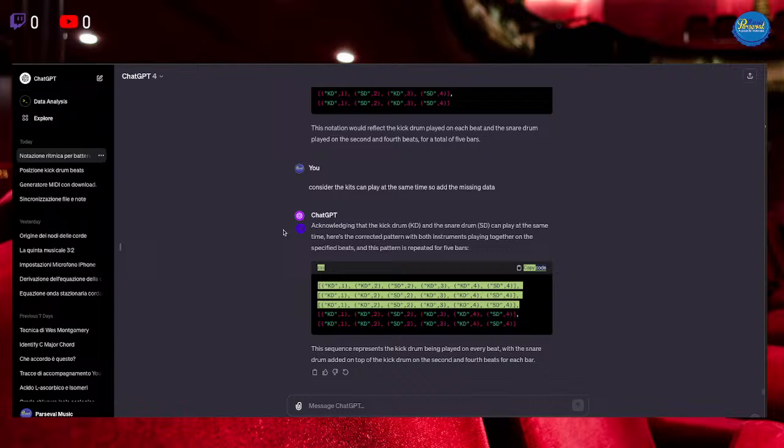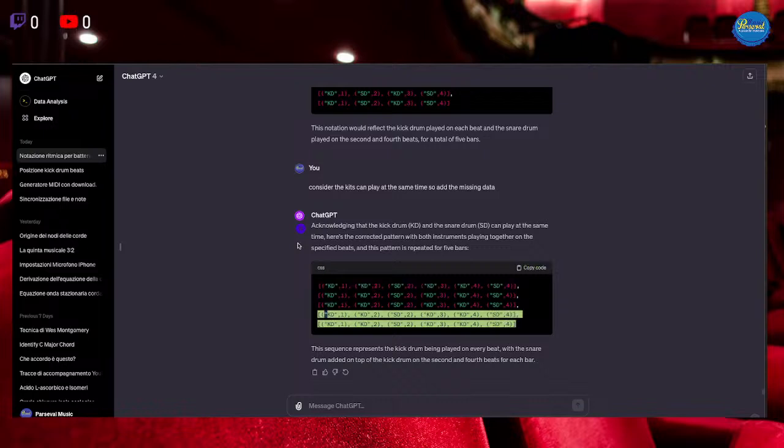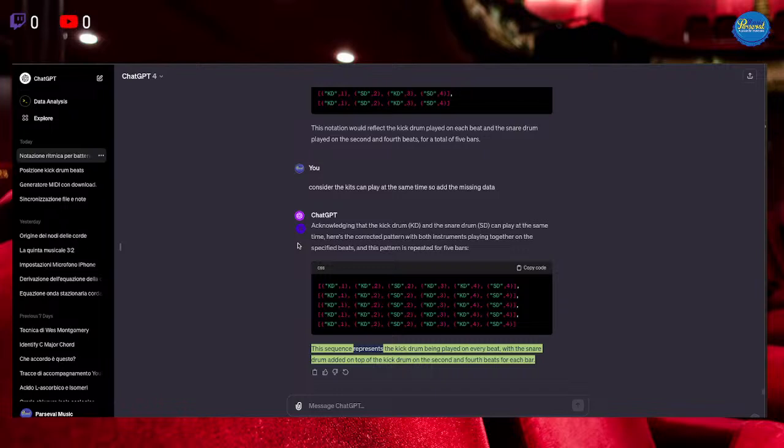KD1, KD2, SD2, KD3, KD4, SD4, repeated. This sequence represents the kick drum being played on every beat, with the snare drum added on top of the kick drum on the second and fourth beat for each bar.